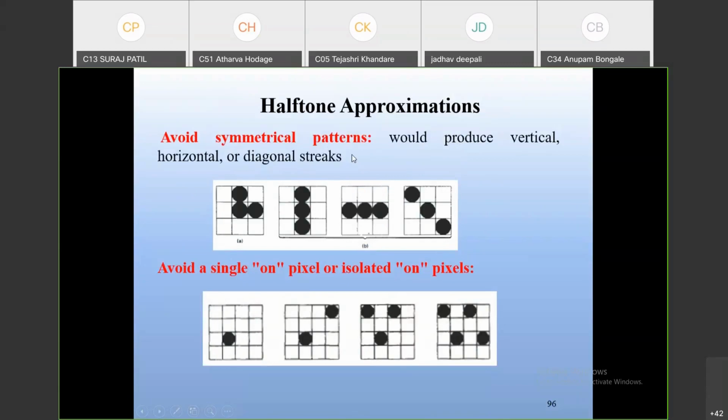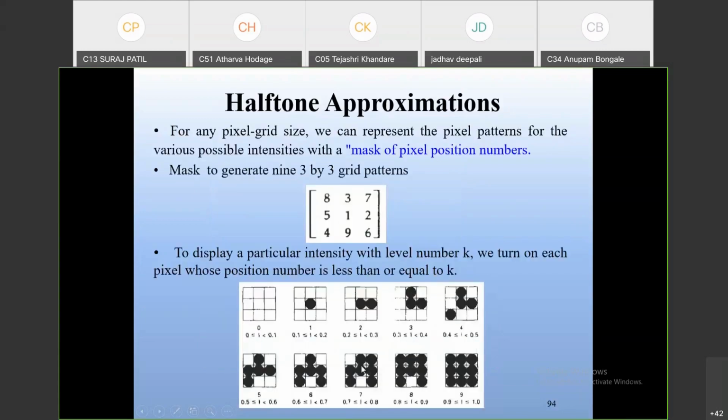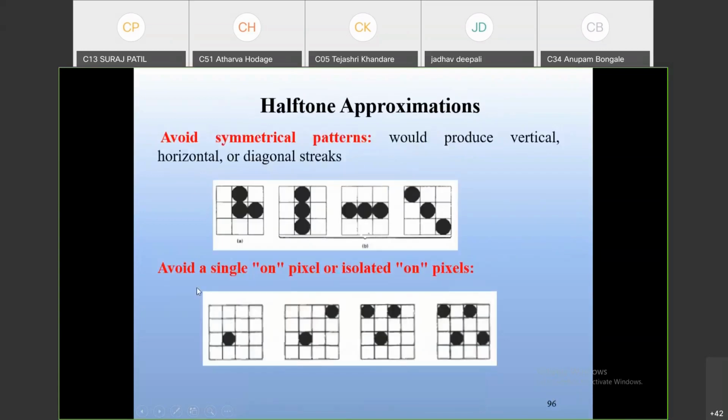In halftone approximation, avoid symmetrical patterns; these patterns are not used. You can observe there is no such pattern. Then avoid a single on pixel: if this is selected, don't directly select a distant one. Select the pixel which is nearby it.